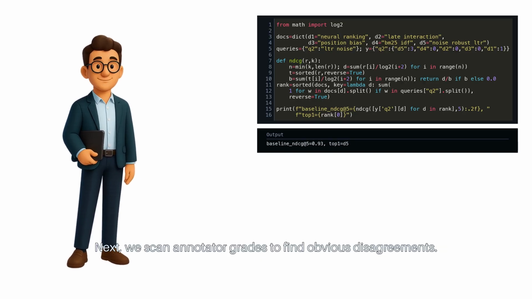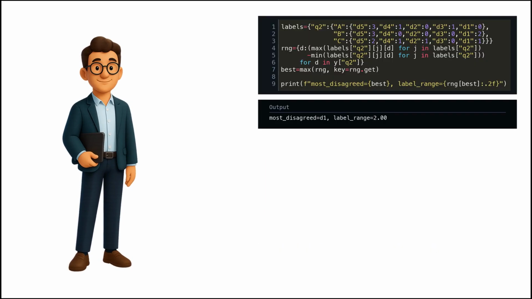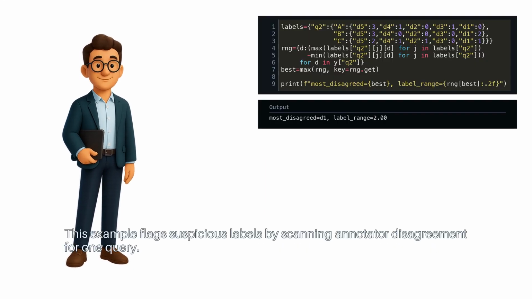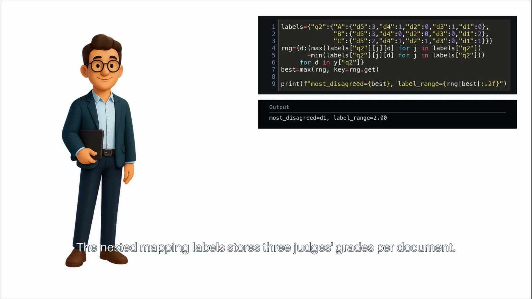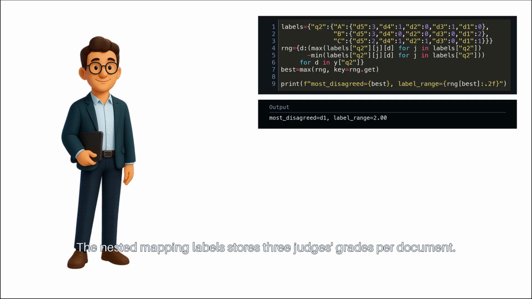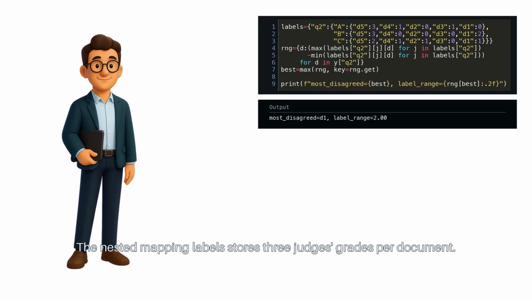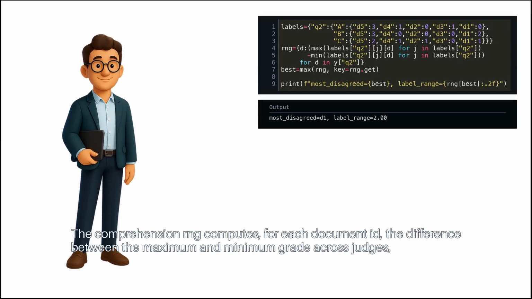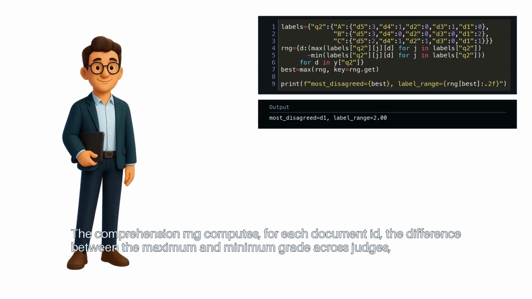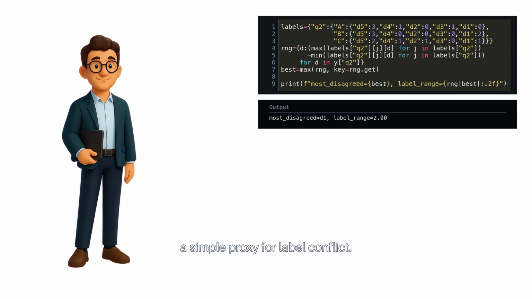Next, we scan annotator grades to find obvious disagreements. This example flags suspicious labels by scanning annotator disagreement for 1 query. The nested mapping labels stores 3 judges' grades per document. The comprehension RNG computes, for each document ID, the difference between the maximum and minimum grade across judges, a simple